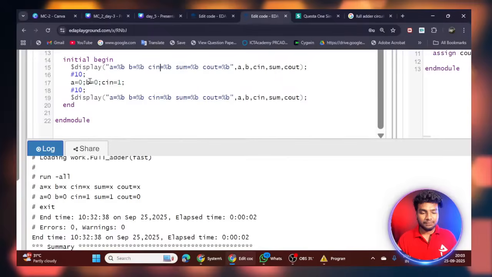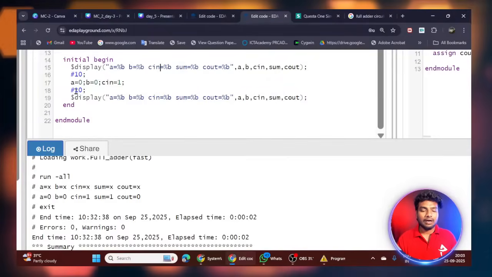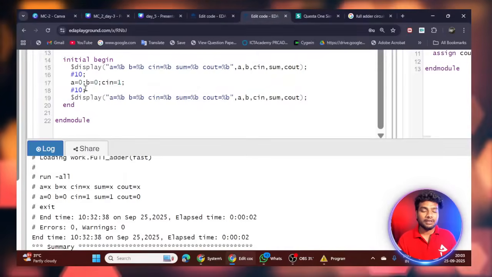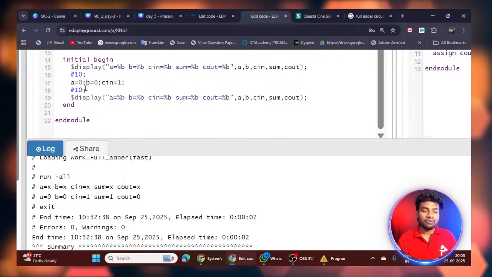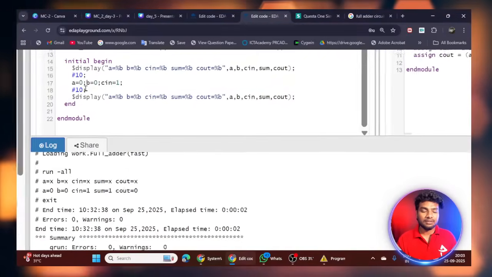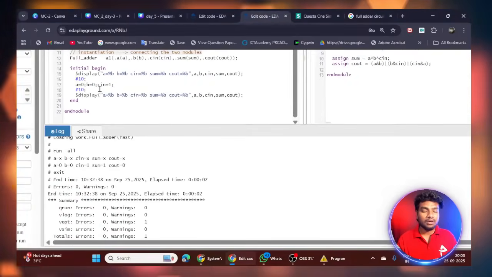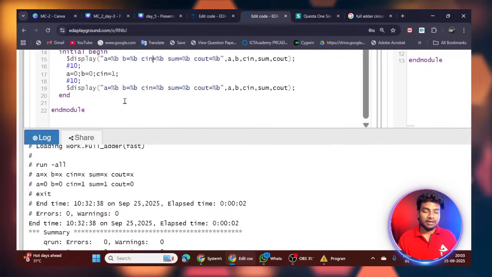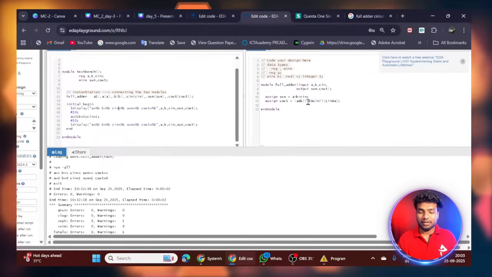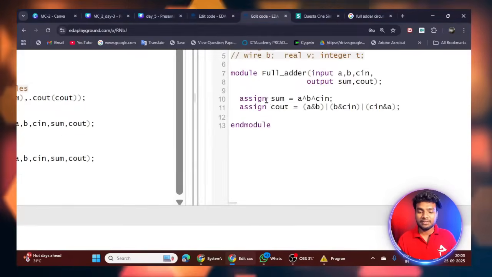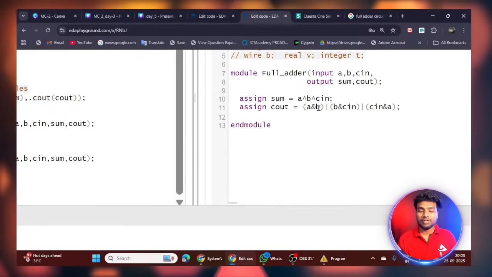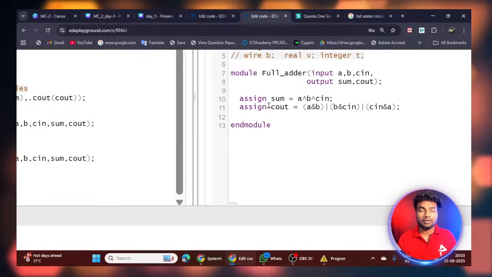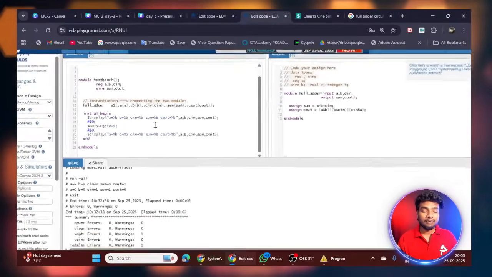And then after 10 nanoseconds, I am assigning the value 0 for my A, 0 for my B signal, 1 for my C in signal. So this is my input signal for the design code. I am assigning it to my design code, and then it will go over here and do some operations, sum and carry out, it will execute here, and then get the sum output and carry out output, and then it will come over here.